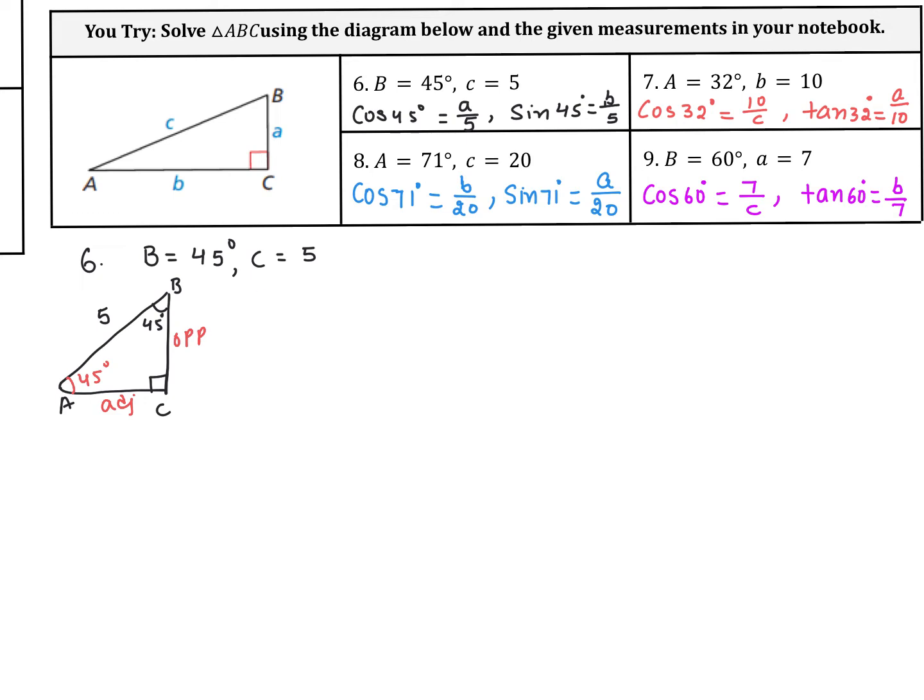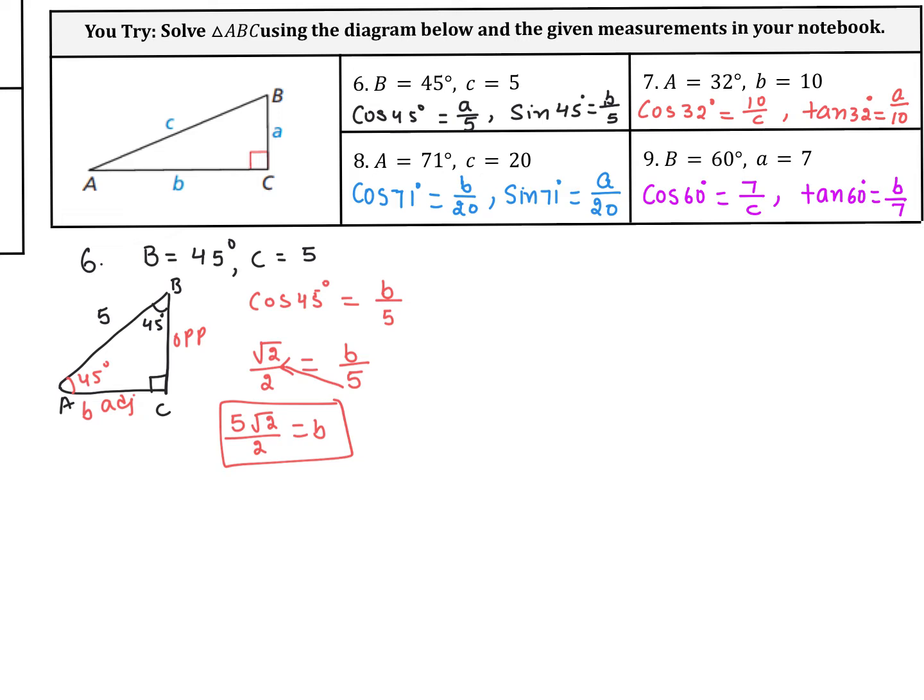I'm using cosine, so cosine 45 is adjacent, which is B, over hypotenuse. Cosine 45 degree from your table is going to be square root 2 over 2. And when you solve for B, when you cross multiply this on the top, you got 5 square root 2 over 2 equals B. And that is your